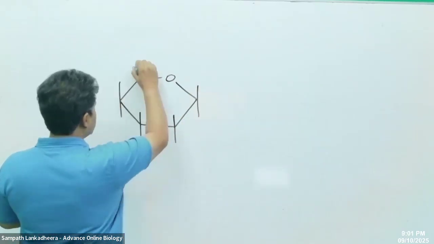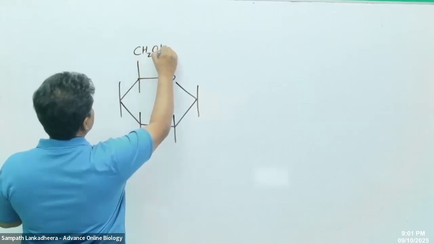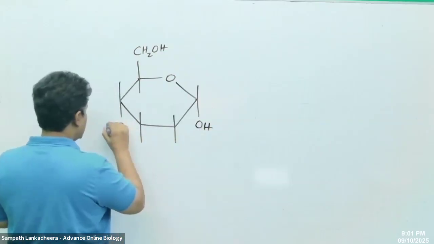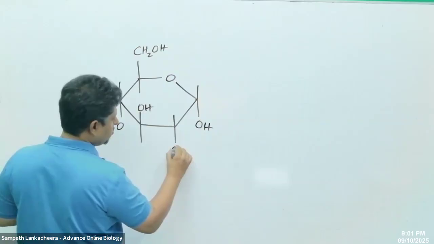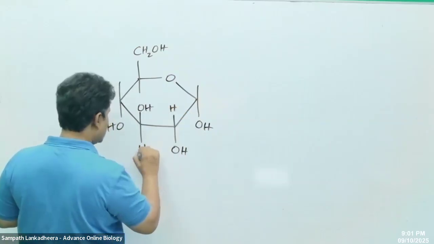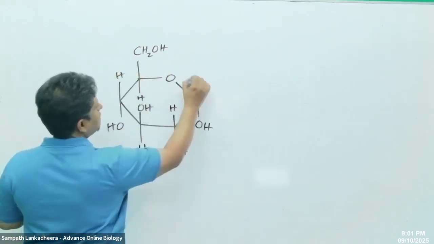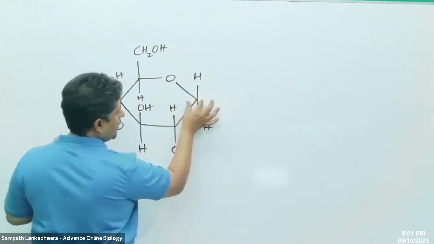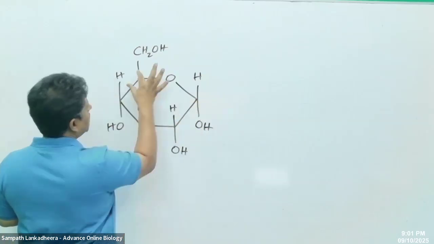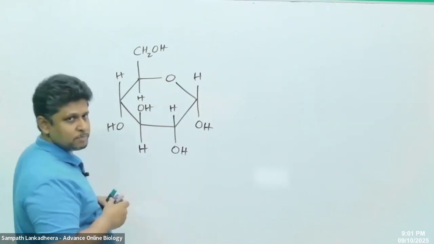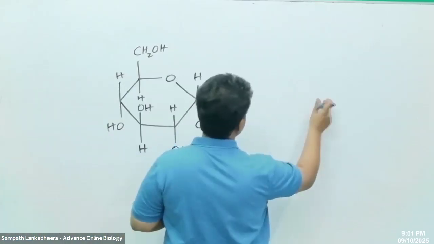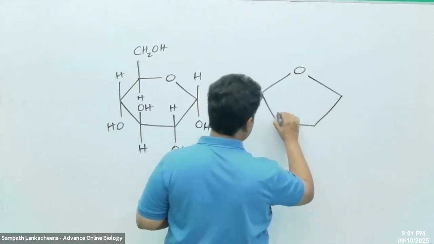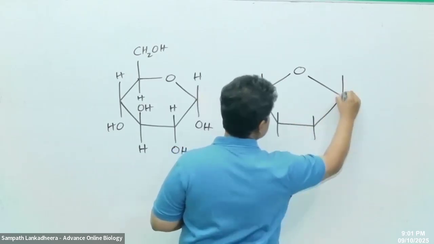This is the glucose ring structure. You have to be familiar with this shape. You don't have to draw this. No need to memorize the molecule, but you have to be able to identify it. This is the glucose ring structure. Every corner has a carbon. We don't draw that. Everyone knows there is a carbon atom. And this is the fructose ring structure. As it is in a ring structure, it looks like this.